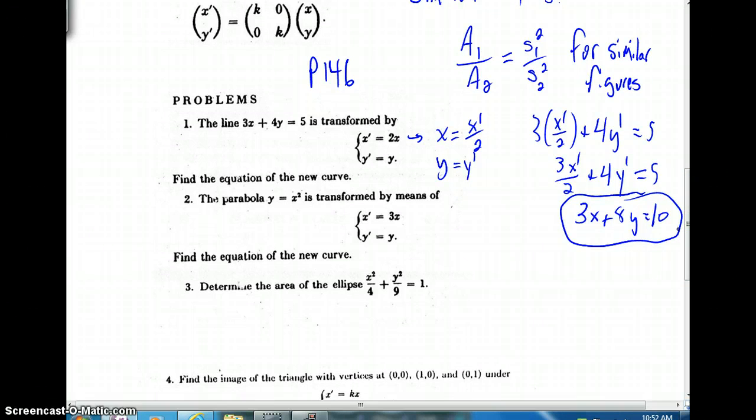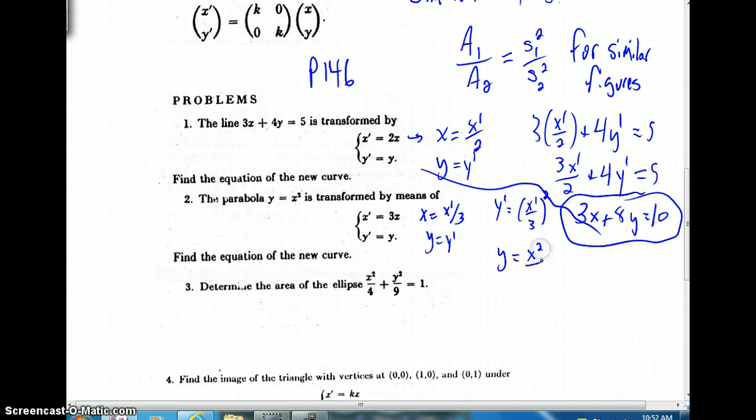The parabola y equals x squared is transformed by means of the following equations. That means x is x prime all over 3, and of course y is just y prime. As we continue here, we could just say, well, look, our y is just going to be substituted with a y prime, but our x will have x prime all over 3, and then we'll square that. We could drop our primes even, and very quickly we'd have y is equal to x squared all over 9. Okay,